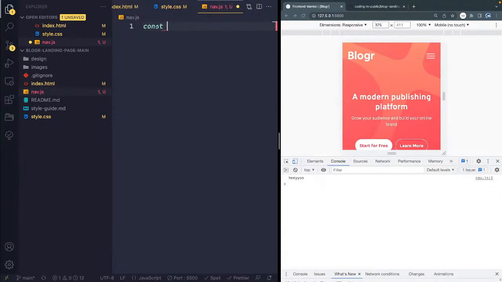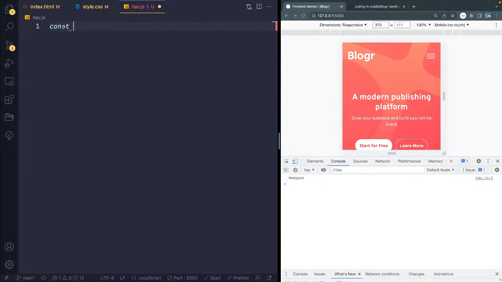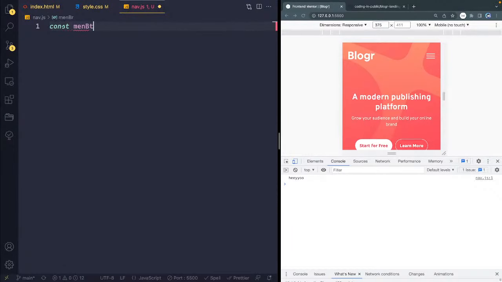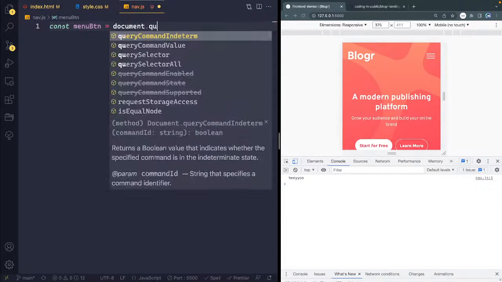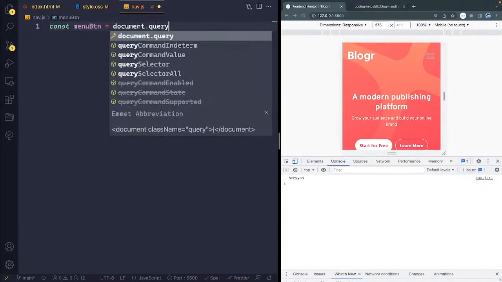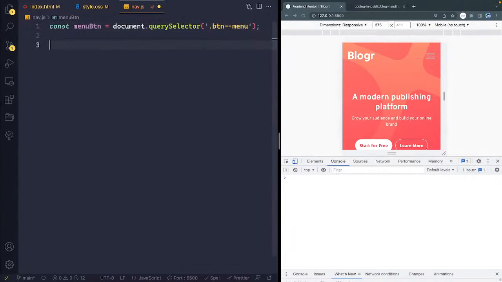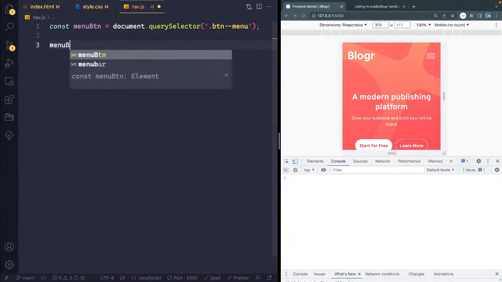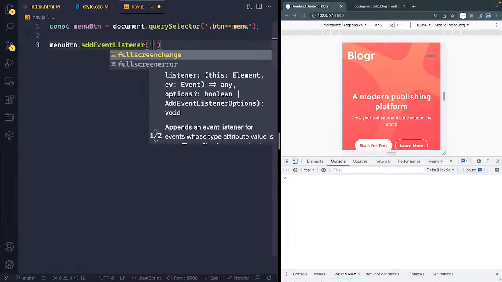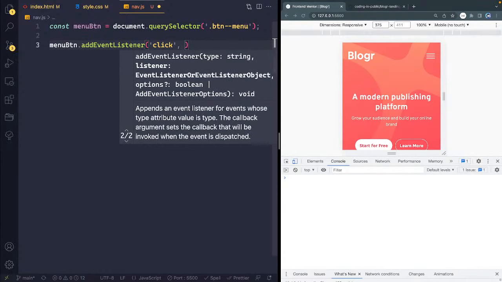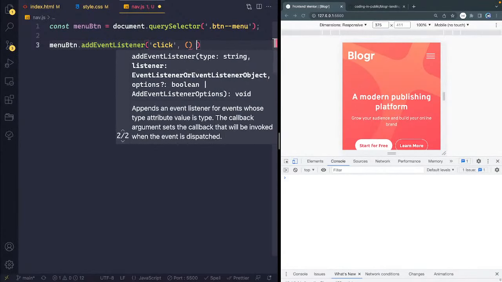Okay, so we've got our menu button that we need to grab. So we'll do const. Oops, let's close this down here. It's a const menuButton is equal to document.querySelector. And what we're looking for is a class of menu button. And what we'll say is menuButton.addEventListener. We're listening for a click. Now, whenever we click on this thing, let's go ahead and